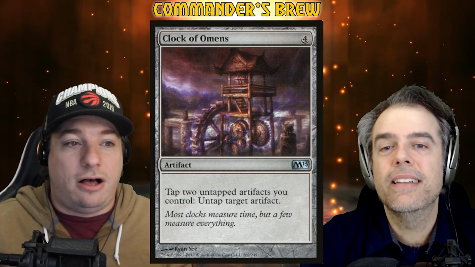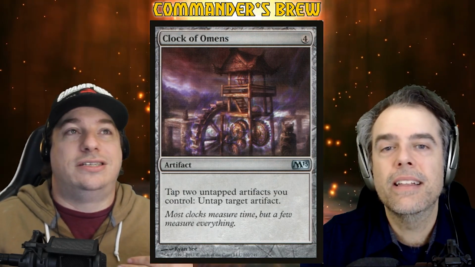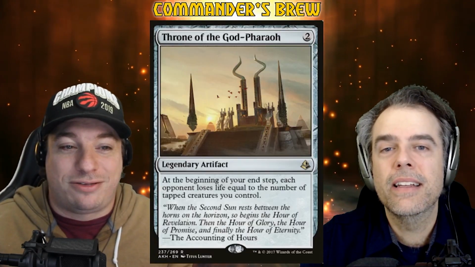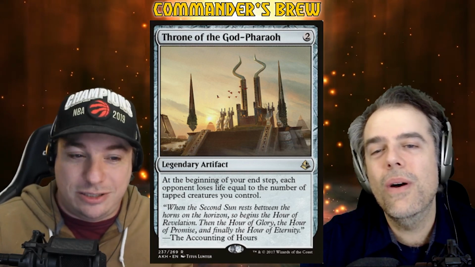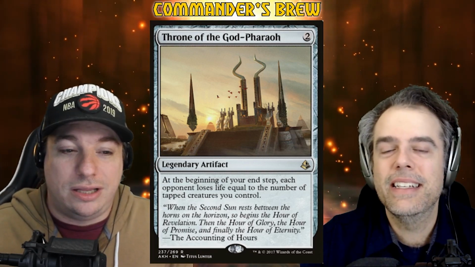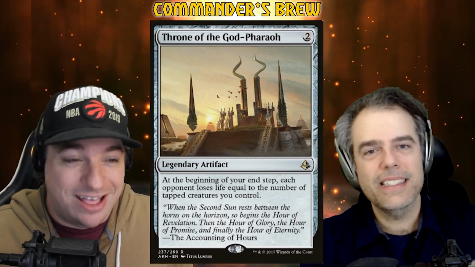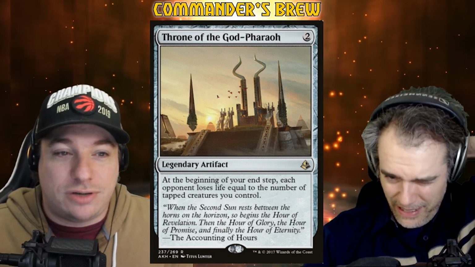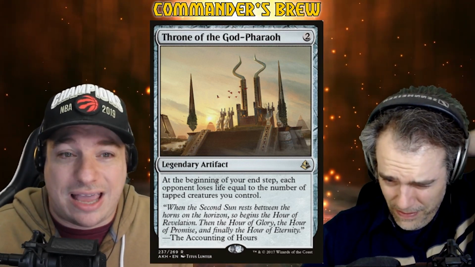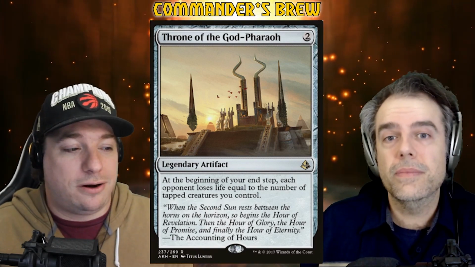This is to say, obviously, this all works really well with Alibou, but it works doubly well, in a way, with Throne of the God Pharaoh. Whoa. The 2-mana legendary artifact that says at the beginning of your end step, each opponent loses life equal to the number of tapped creatures you control. That's each opponent. Wow. On top of Alibou's trigger, on top of even maybe if we're attacking with these tokens, this Throne of the God Pharaoh ends up being one of the better cards of the deck